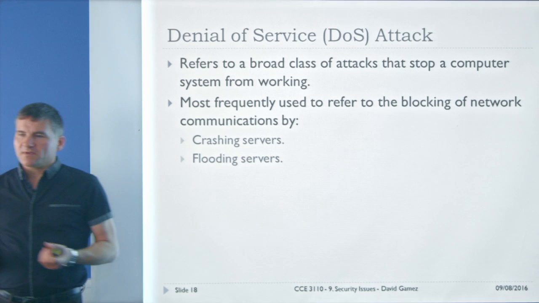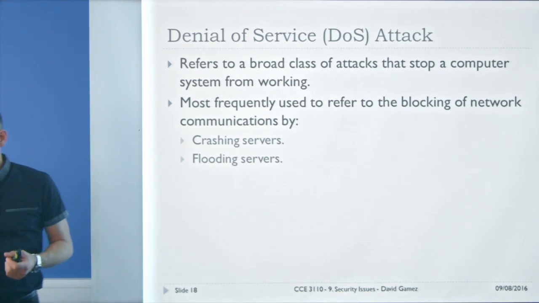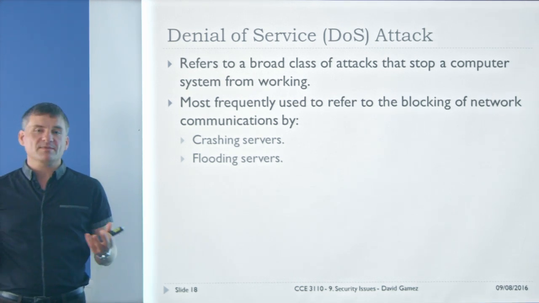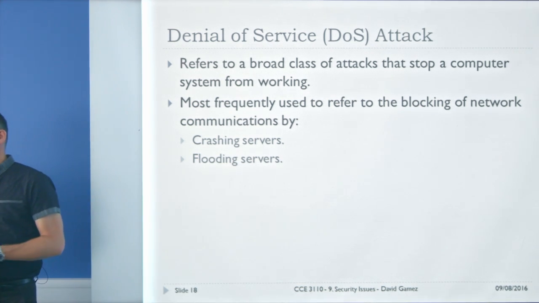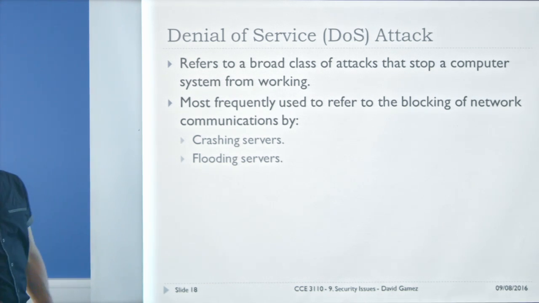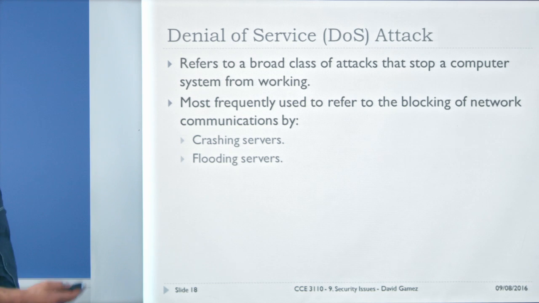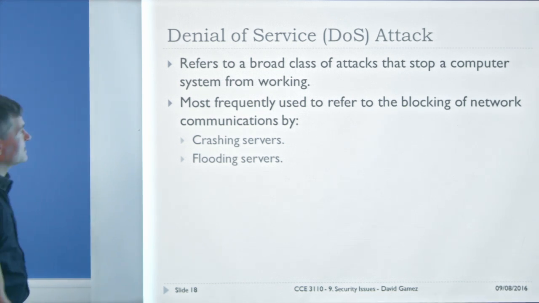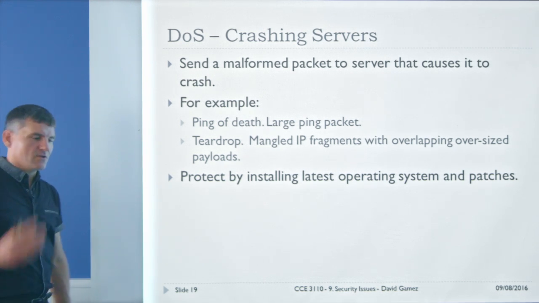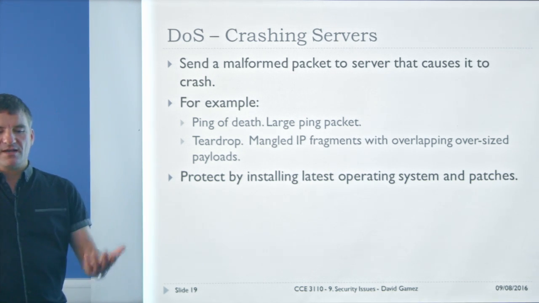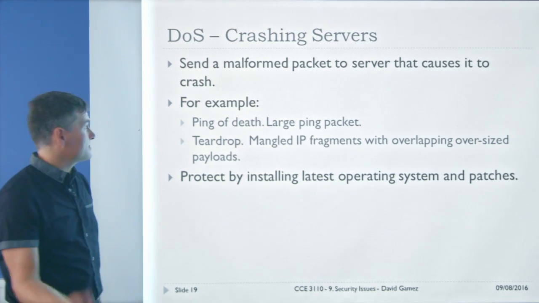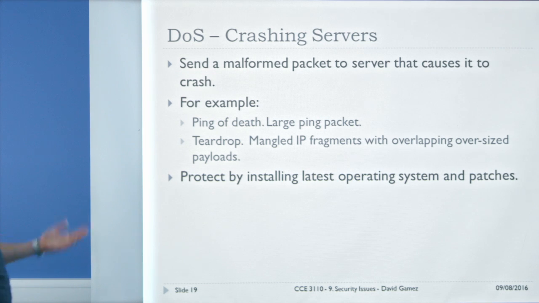You might have something against Amazon, for example, and you might want to try and stop the Amazon websites from working by crashing their servers or flooding the servers. That's the sort of aim of the denial of service attack. It denies service and costs someone money. It might cost someone money by putting a commercial website down, or it might prevent a news site from being accessible, which would also cost them money because of the loss of advertising, whatever.